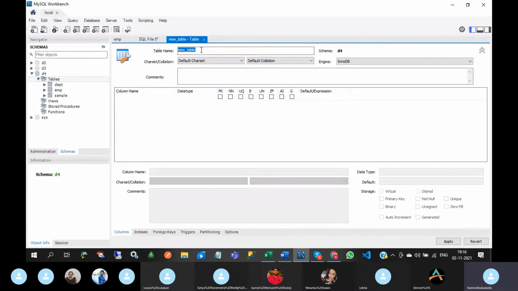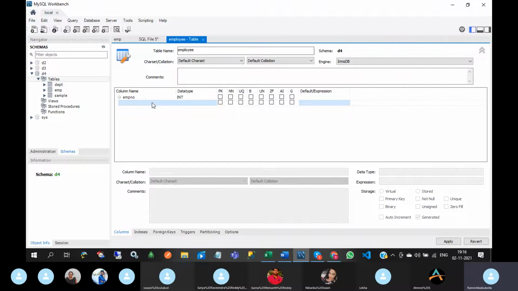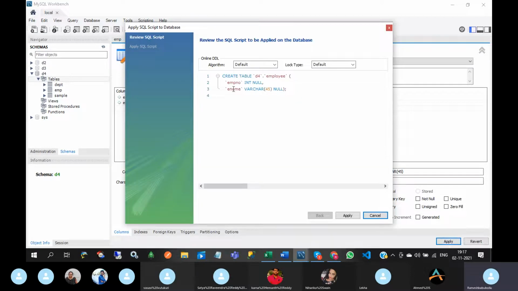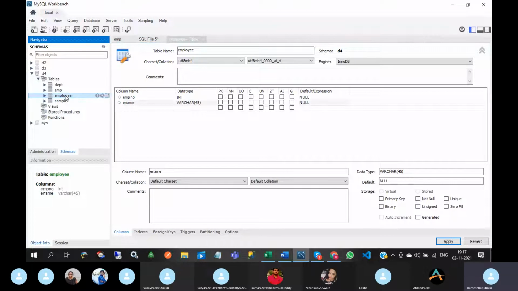Create table: here we need to give the table name employee, the column name EMP number, and this is the data type. Here there is primary key and not null, but initially I am not giving any constraints. Here ename, varchar 45. Apply. The script will be generated automatically, click on the apply button. So the employee table is created.